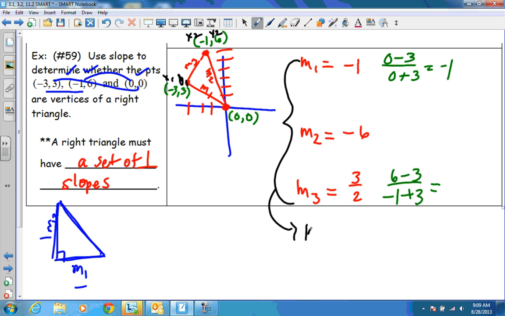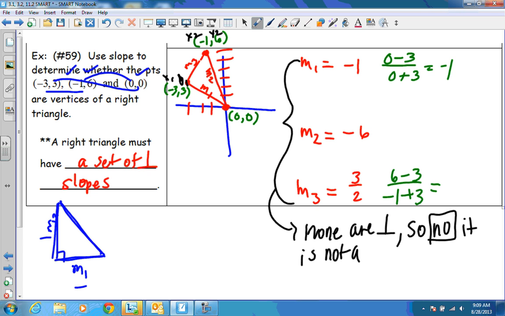None of them are perpendicular, so no, it is not a right triangle. That is the finish of